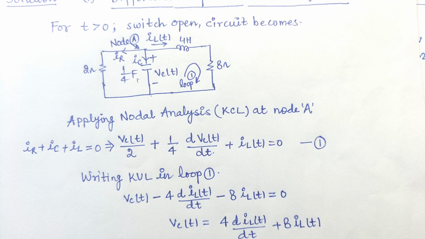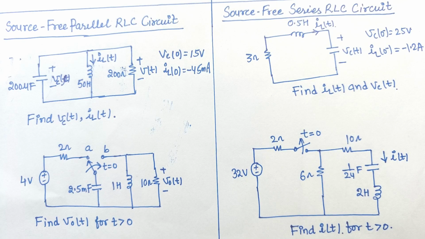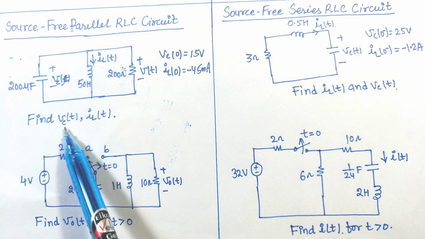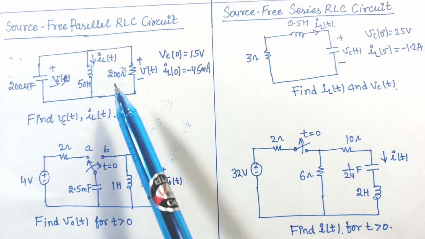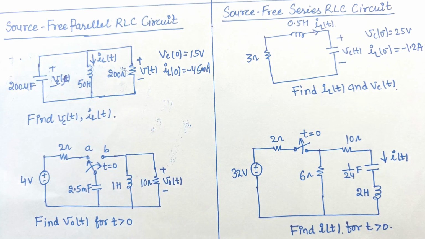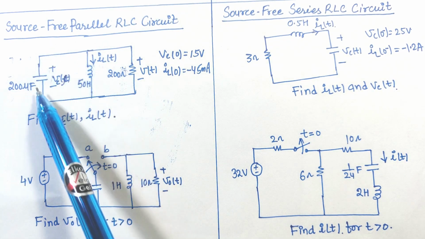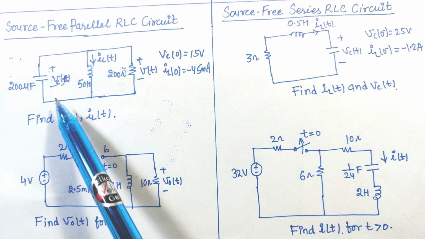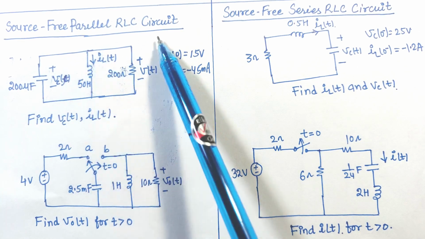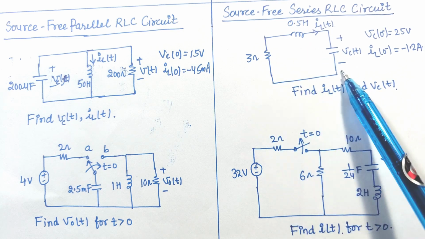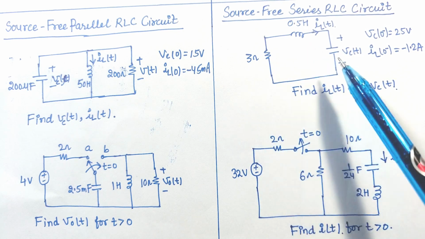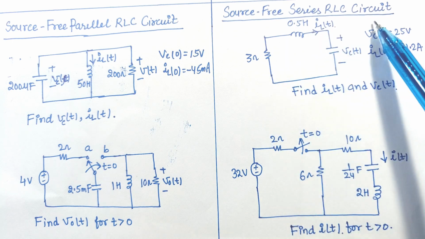Now in this video we will see that if there is something like a typical circuit, then how can we deal with it. Suppose this type of circuit is given to us. Here we can see that capacitance, inductor and resistance all are connected in parallel. So we can say that this is the parallel RLC circuit. Since there is no source connected to this circuit, it is known as a source free parallel RLC circuit. Here we can see that resistance, inductor and capacitor are connected in series and no source is connected to this circuit. So we can say this is a source free series RLC circuit.